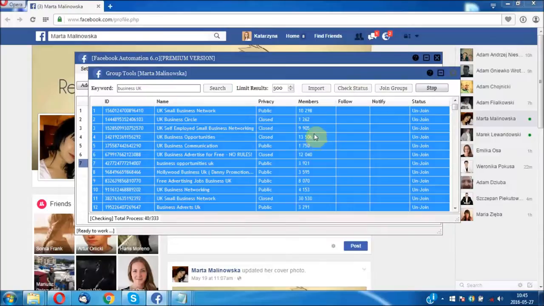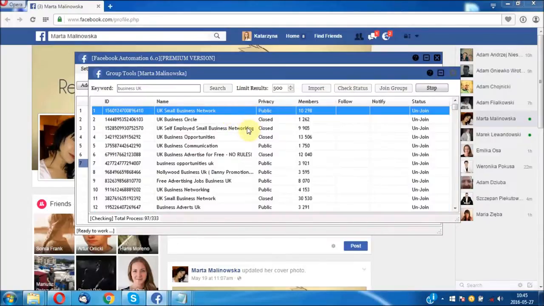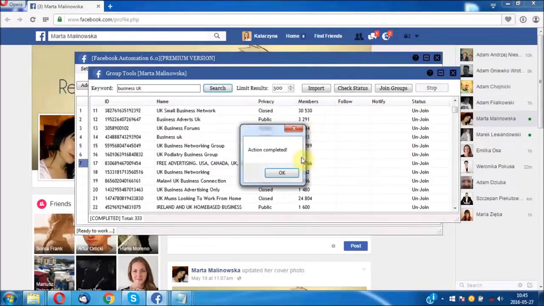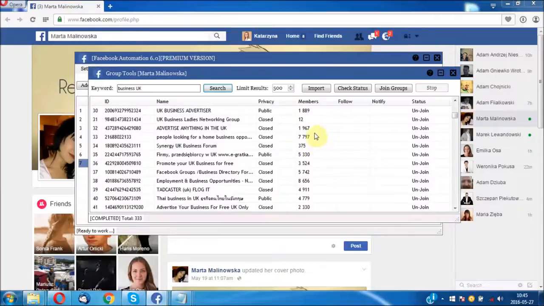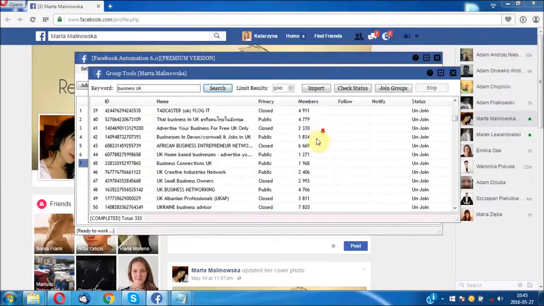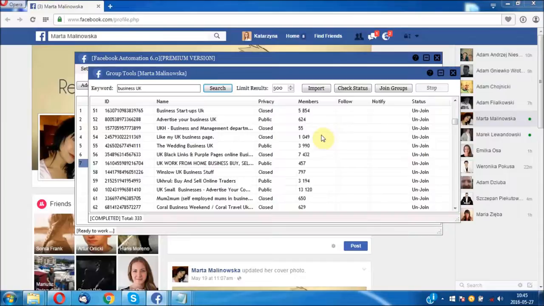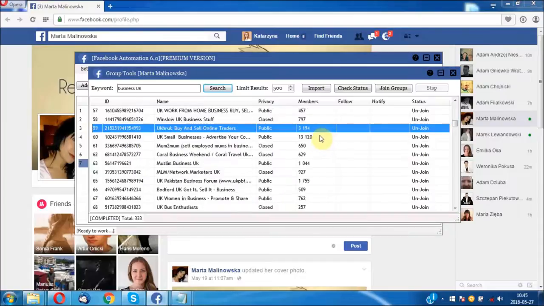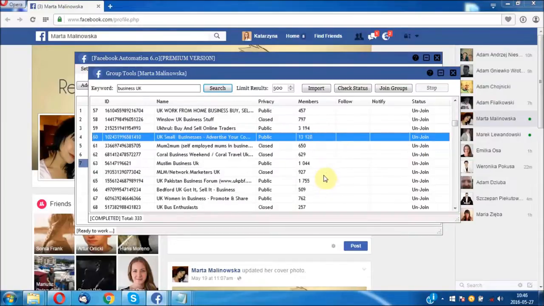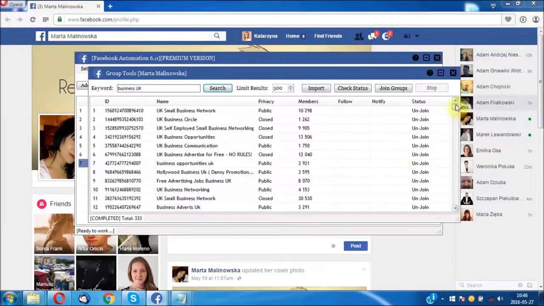So we are checking the status of the group. Now it gives us more information. We've got privacy, which is public, closed, public, closed, etc. So we know what kind of group it is. The amount of members is what we are interested in. We are interested in more than 5,000 pretty much, depending on the keyword that we're searching. So 3,000 maybe would be interesting, but this one definitely. Yeah. So what we can do is go through this, and we can see status unjoined,